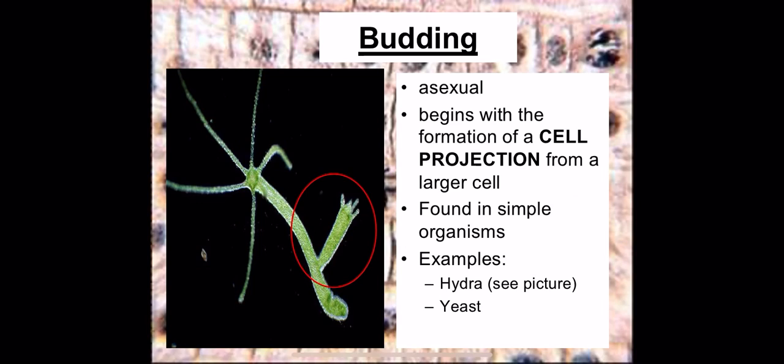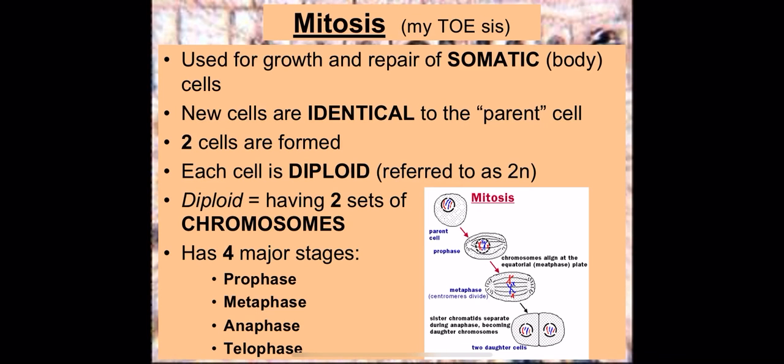Budding is a different form of asexual reproduction where a projection, called a cell projection, is actually created off of the organism or the larger cell. So hydra, yeast, things like this might undergo budding. If you look at the little picture we've got there, you can see your hydra and you can see the little, almost looks like a little arm, but again, it has the tentacles at the top. It's a little miniature hydra, and once it's large enough that it could be self-sustaining, it will then fall off of the parent and it'll be a perfect little genetic copy.